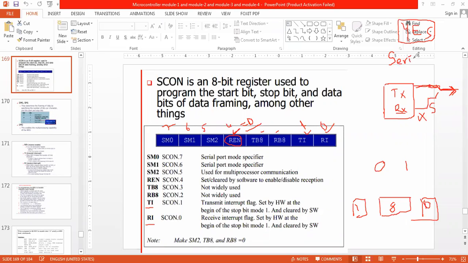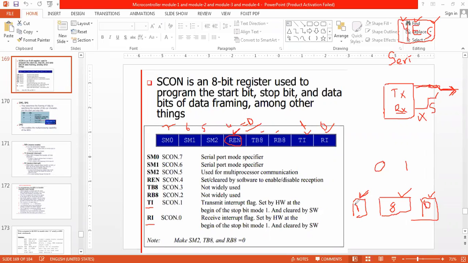So first I have to send S, later on E, and then later on S. S is going to be appended with 0, the start bit, and 1, the stop bit.